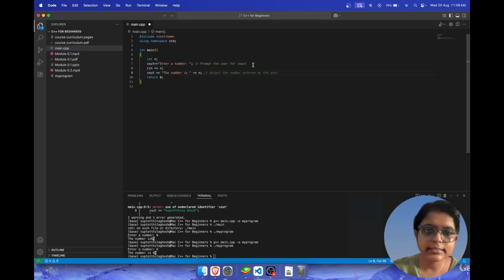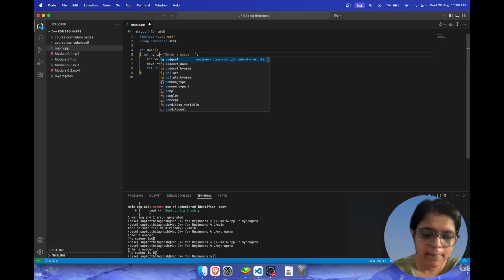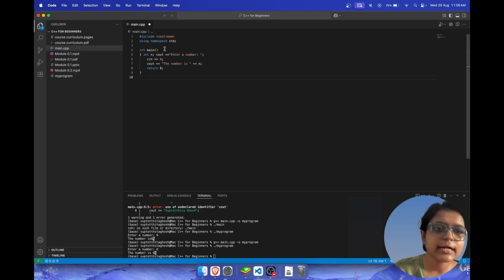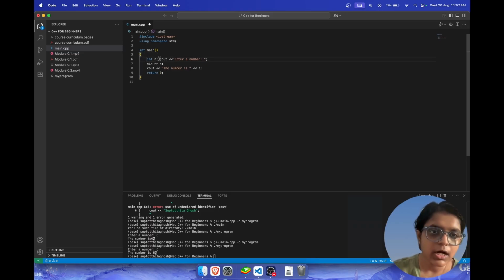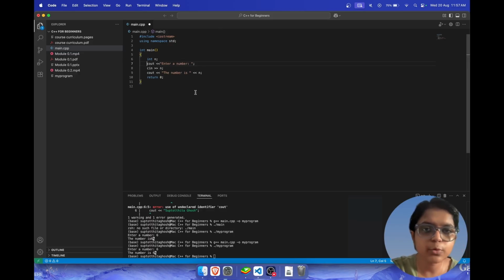Let me just cancel out the comments here. I could have easily written code like this, you know. What I mean to say is that I could have written all of these in the same line, like the braces would start here and end somewhere here in a single line. But it would be very inconvenient for you to read. When there's a tab and there are spaces and every statement begins on a new line, it makes the whole code a bit more readable, right? You can understand that here you are declaring a variable.